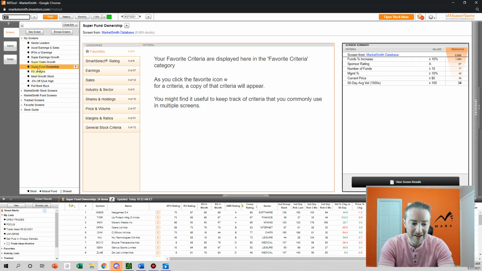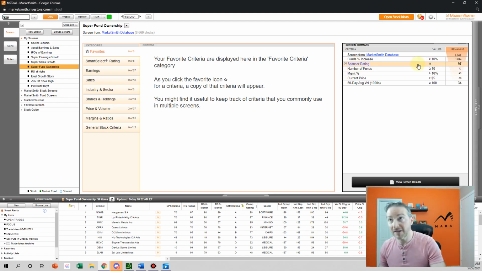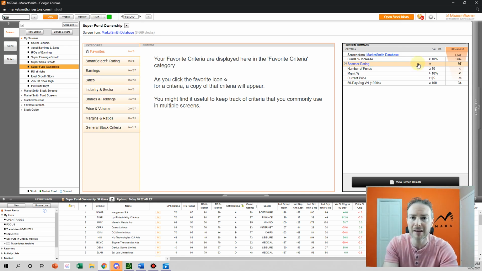I like to see fund ownership be up at least, I'd say, 20% from last year to this year. That's extraordinary. MarketSmith doesn't let you do that, but it does let you see if there is a 10% bump from last quarter to this quarter. That is something remarkable and something that I'd want to screen for. And then, finally,